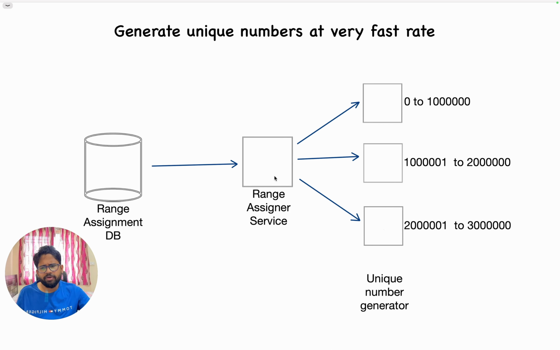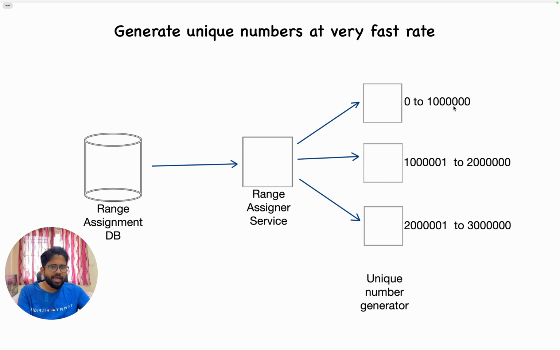For example, you can have a unique counter in the database, and with the help of that, you multiply by 1 million and give a range, or whatever logic you want to, because it will be a very lightweight server, and this will be called only on the launch of these services, or when the range is finished. For example, if this server has reached the range of 1 million, then it will call again and ask, can you give me more? So in this way, the segregation will be done.